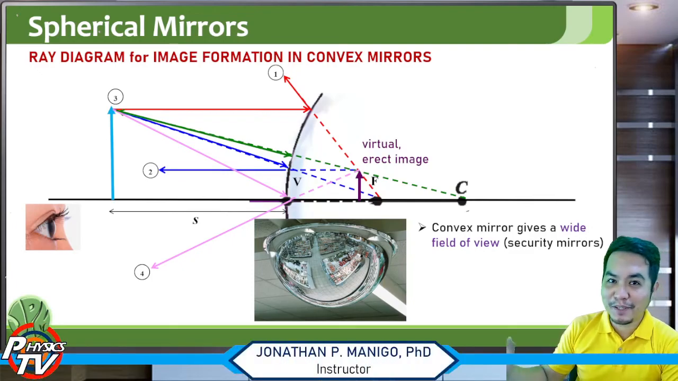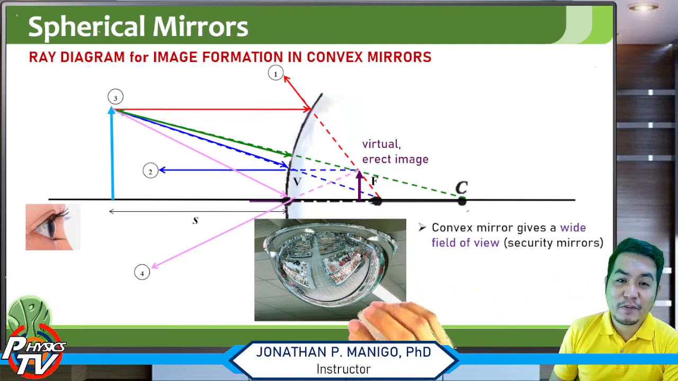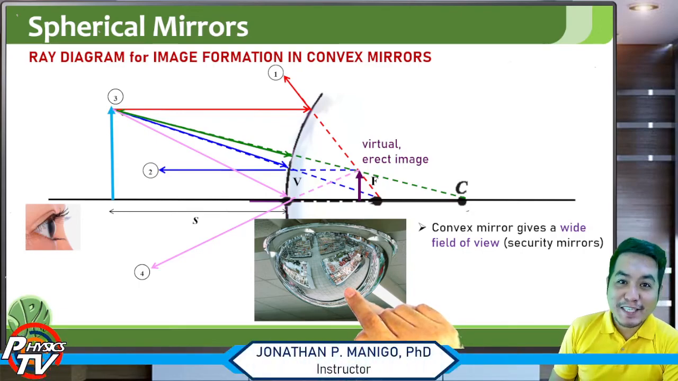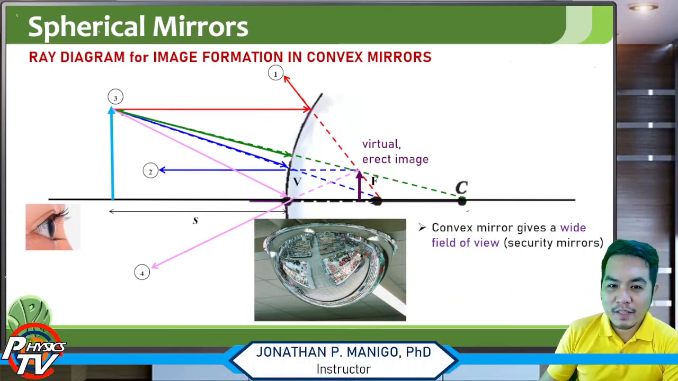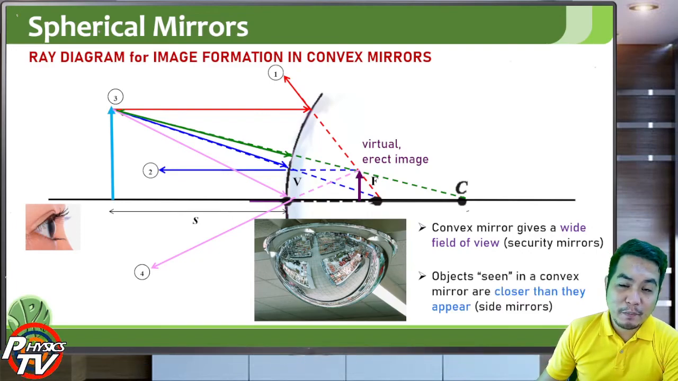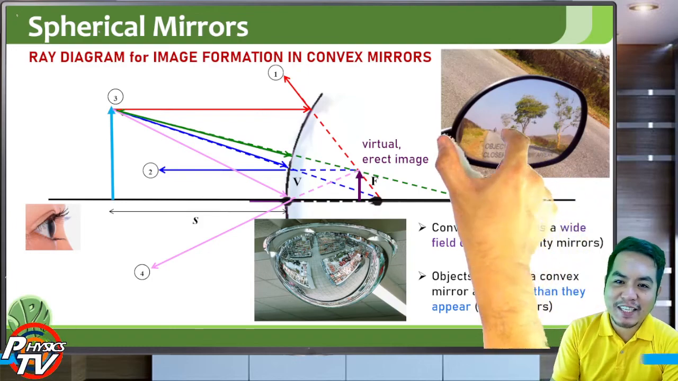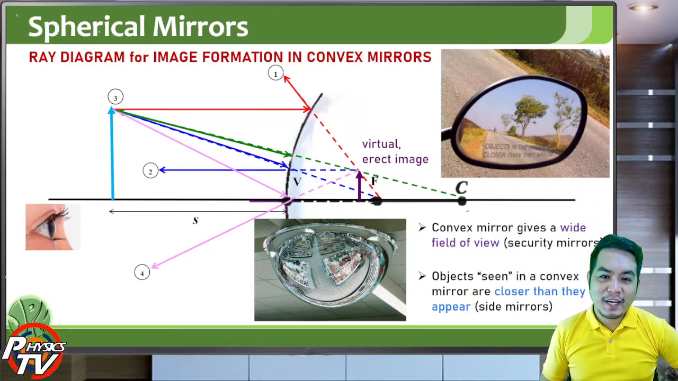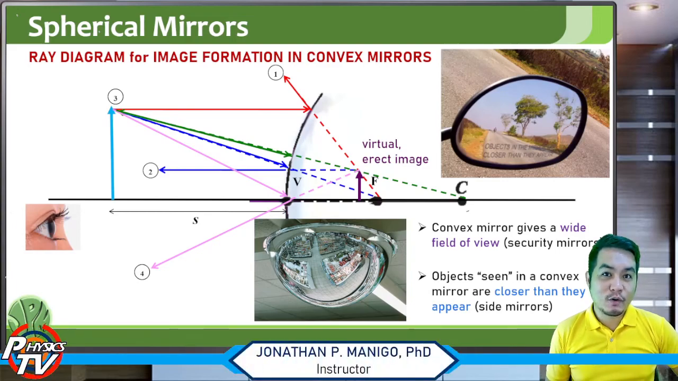In the old days, or if you have an old grocery store, you will see security mirrors like this. But right now, they're using CCTV cameras. Objects seen in a convex mirror are actually closer than they appear, and that is written on the side mirrors of your car or your motorcycles. There's always a note there that the objects you see in a convex or diverging mirror are actually closer than they appear,